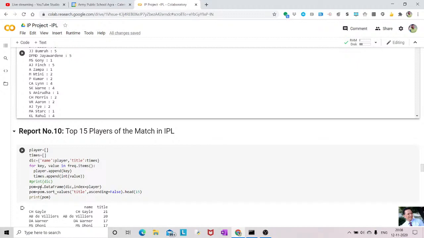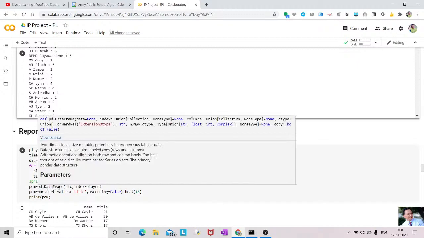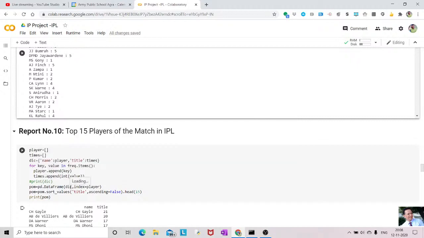Player of the match is equal to, again I had created a data frame, create करने के बाद, so dict इसके लिए object जो चाहिए, this is data frame we have in the form of dictionary the source, and index is equal to player, means the data frame whichever is created, its index will be the player name. So when you print it, and again I have sorted this